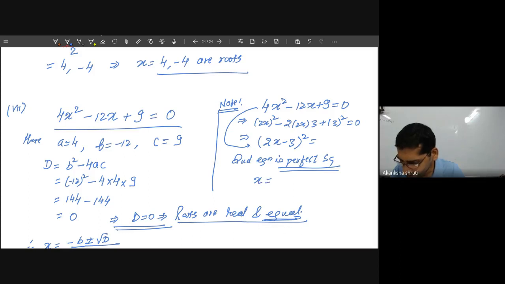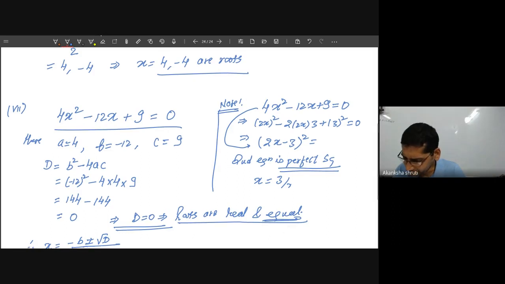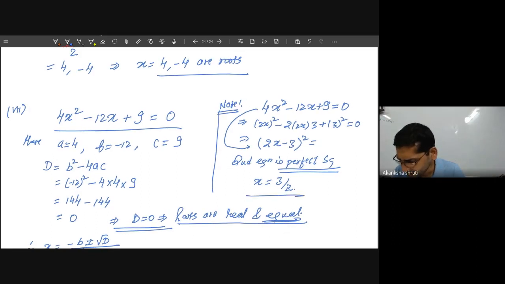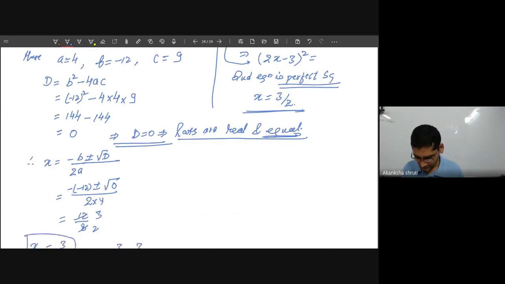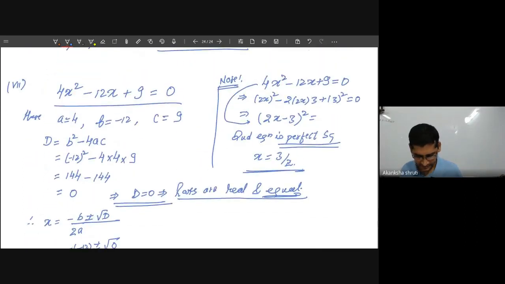It will be your 3 by 2. Just square root, plus minus root of 0. What is that? That is 0, because 0 is neither positive nor negative, so only a single value. So you will get this one only, 3 by 2, the same answer. Okay, so this was all about how to calculate the